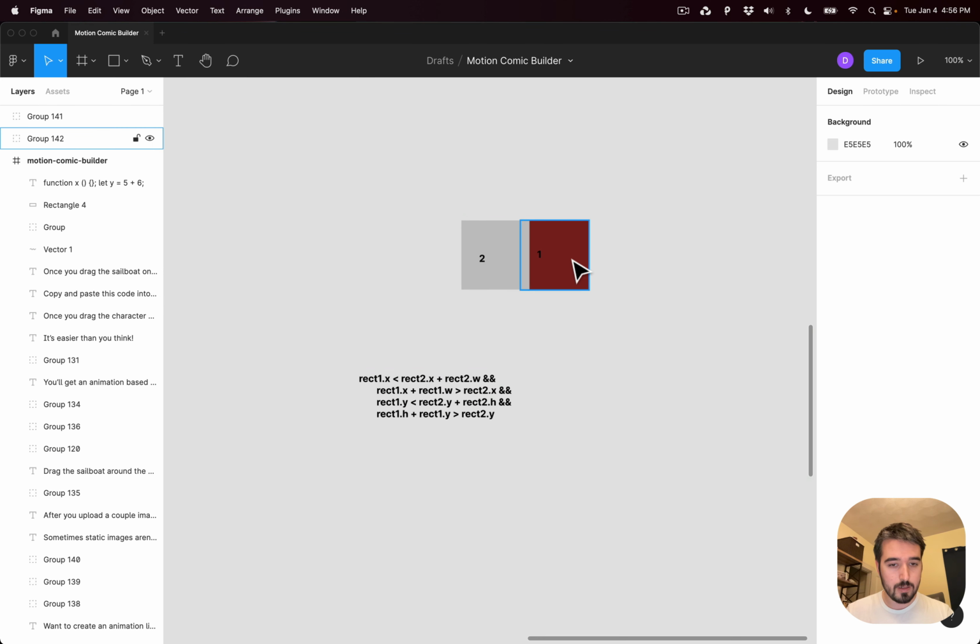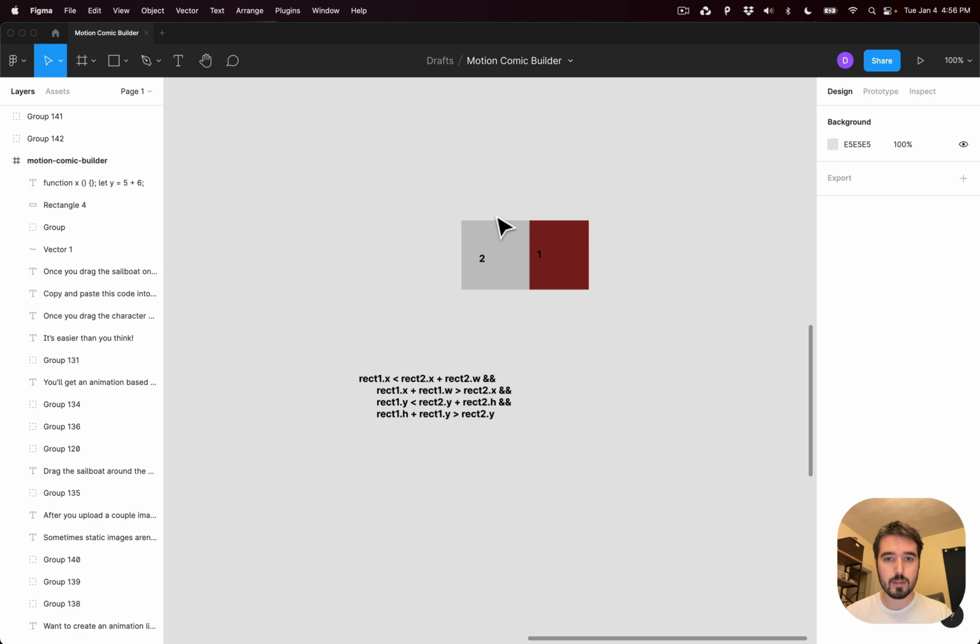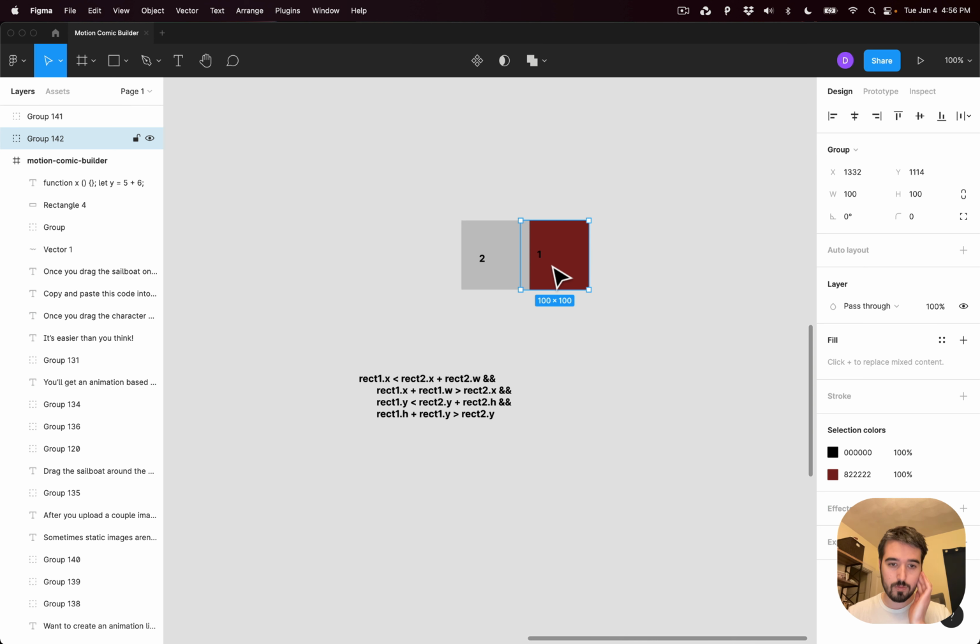And if collision detected, right? So it's green. Okay, so if red... I can't believe I'm doing this again and again. Okay, so if this x side is less than rect2x, which is the left side, plus the width, which means the right side. Okay, so if it's left, so if it's in there,